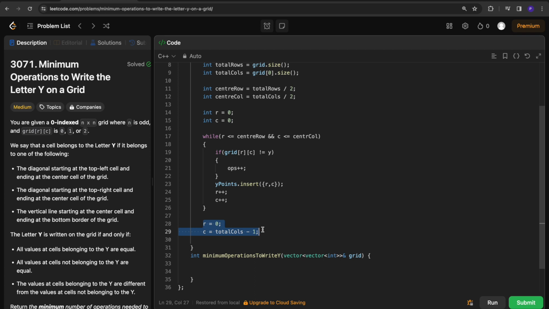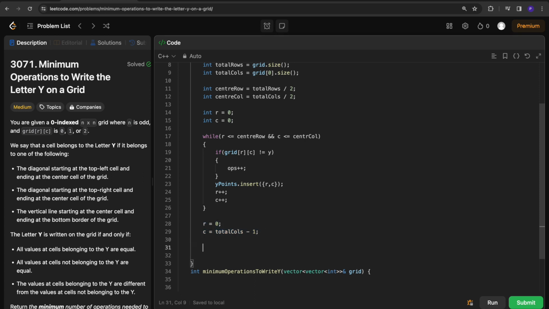From that corner I'm going to travel to the middle of the grid. While row is less than the center row and column is greater than center column,